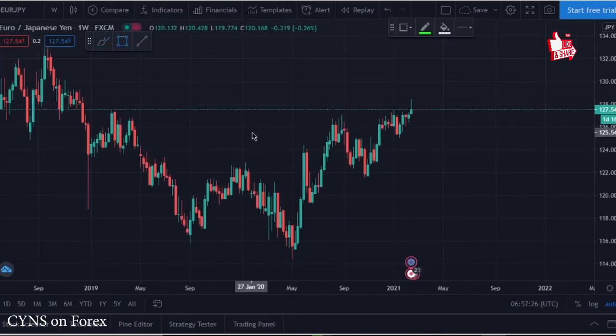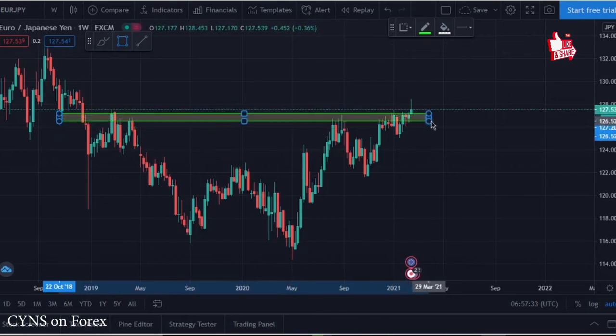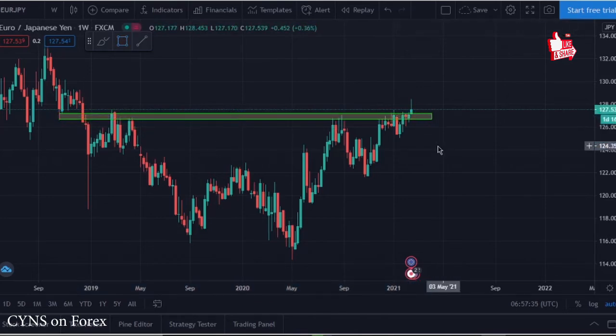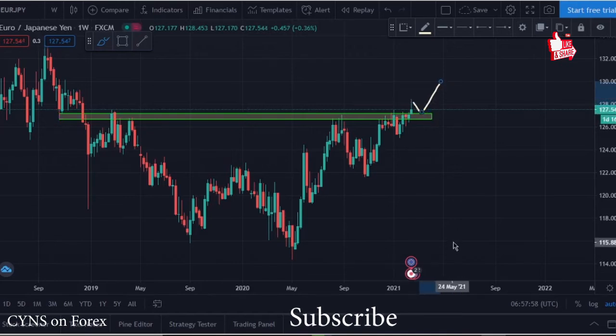Going down into the weekly time frame, what do we see? In the weekly time frame, we can see a nice resistance area. Many times the market touched this resistance area and finally broke to the upside, and now it is testing this resistance area, which has now turned into support. We can expect the market to retest this support and continue to the upside in this weekly time frame. In the monthly and weekly time frames, the market is potentially moving to the upside.